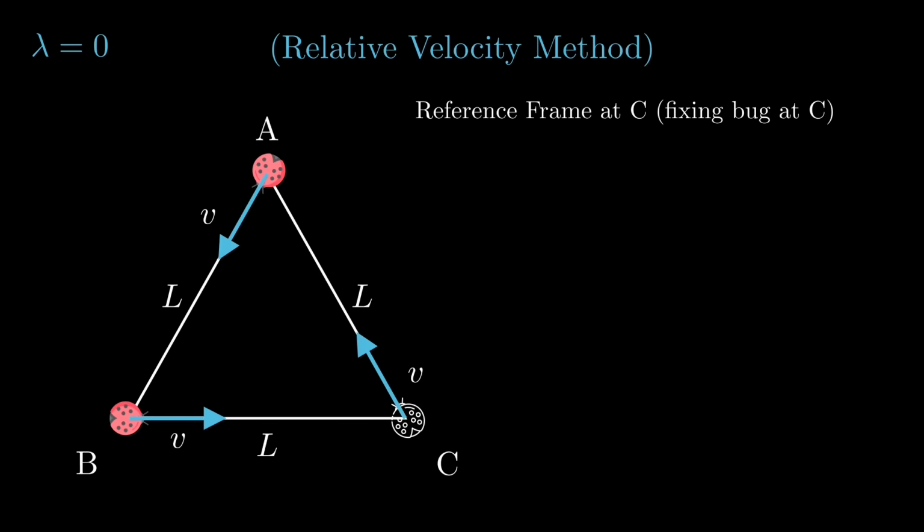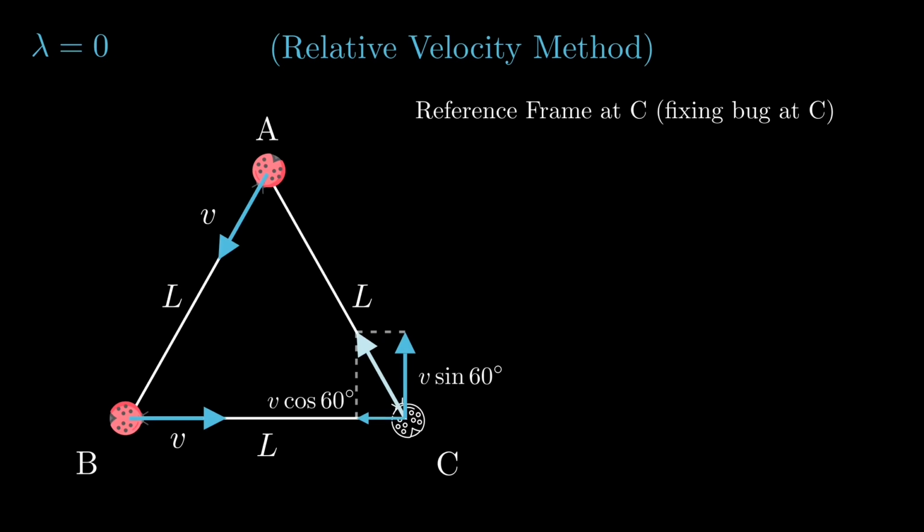So we are seeing the world from C's point of reference, thus C appears stationary while the triangle moves around it. From this frame, bug B is still chasing C, and because C is stationary in our view, we only care about how fast B approaches C. Now, what we are concerned about is the relative velocity of approach of B towards C along their line of contact BC. If we resolve bug C's actual velocity, which is towards A with a magnitude of V and hence at an angle of 60 degrees to the line BC, we get V sine 60 perpendicular to BC,